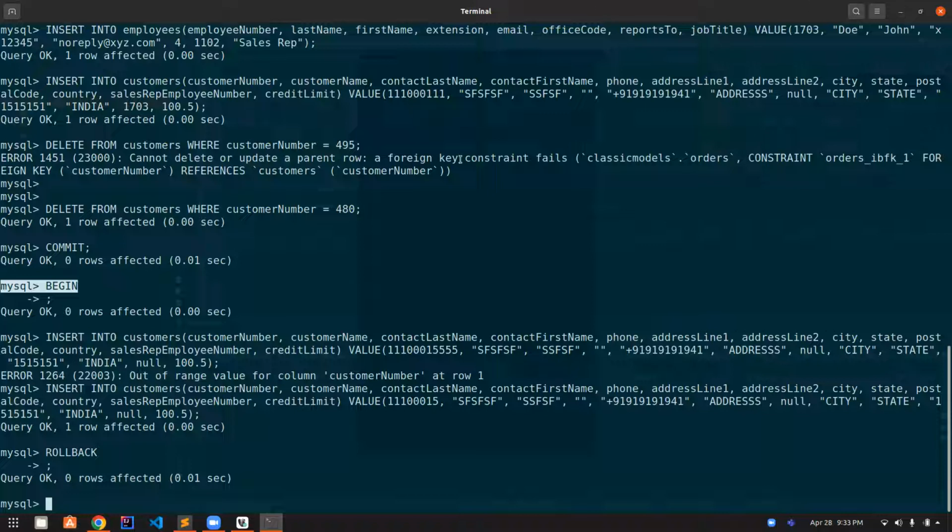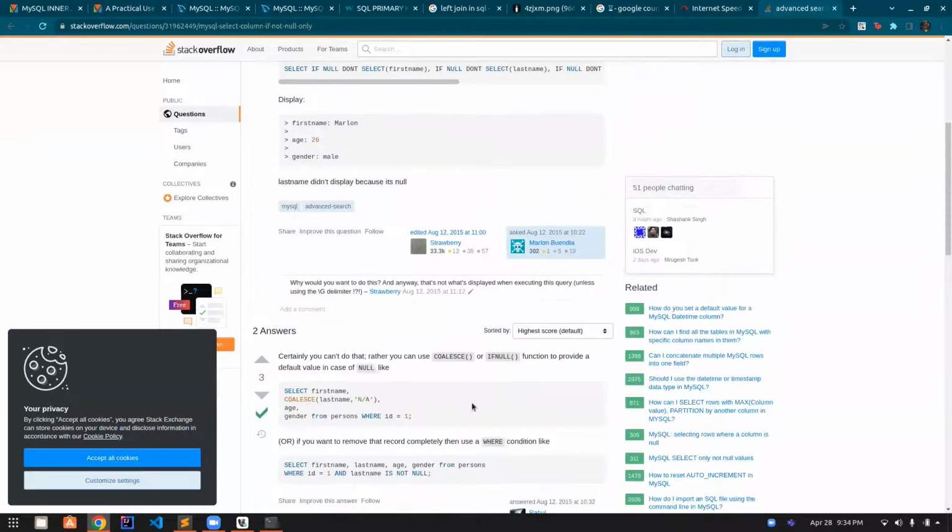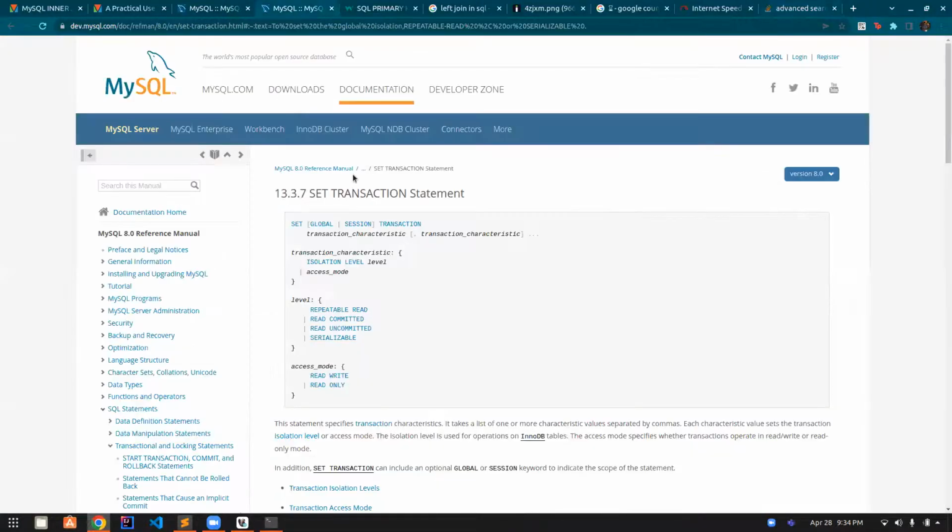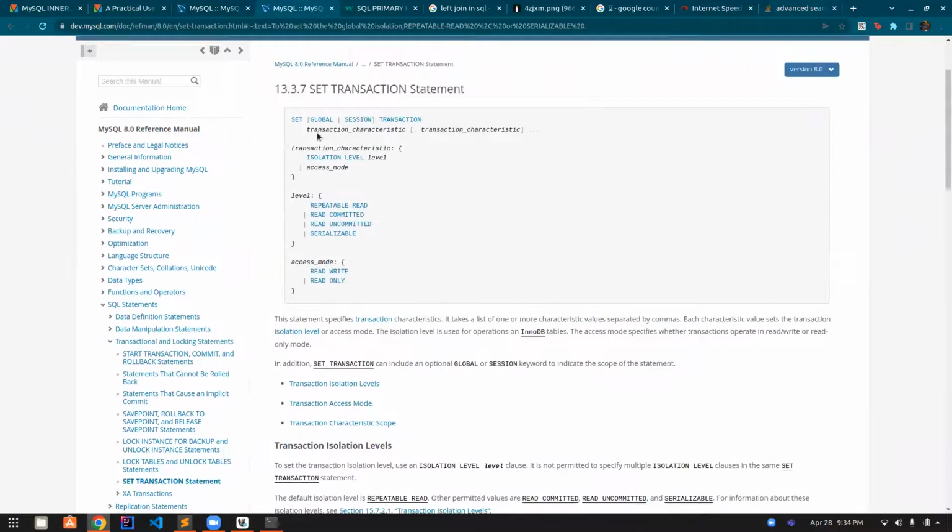This is what commit and rollback does. If you're interested in finding out how to set the transaction isolation levels, basically whether it's serializable, what were the levels? Read uncommitted, repeatable read, all those things. You can read this, but we're not going to go into these details because this is already taken care